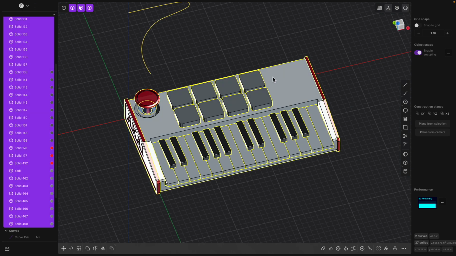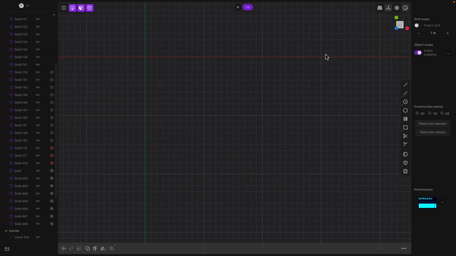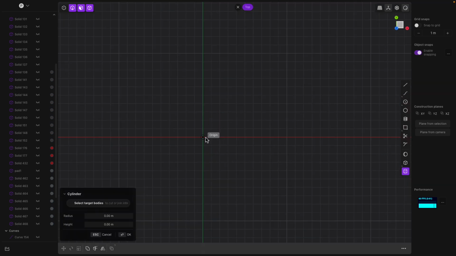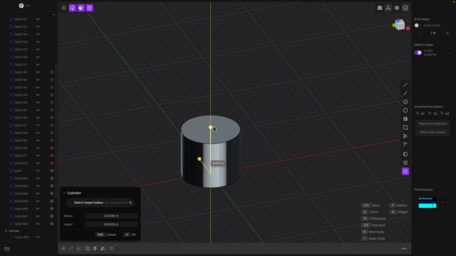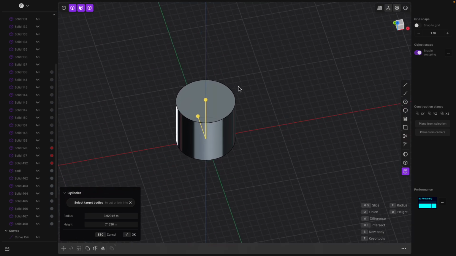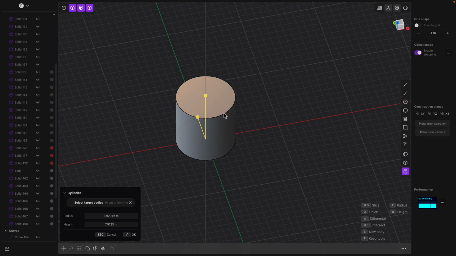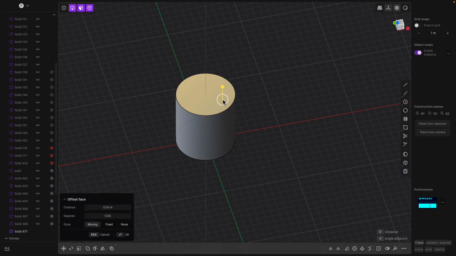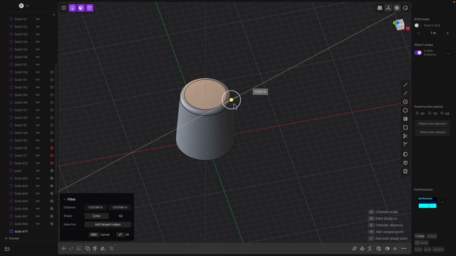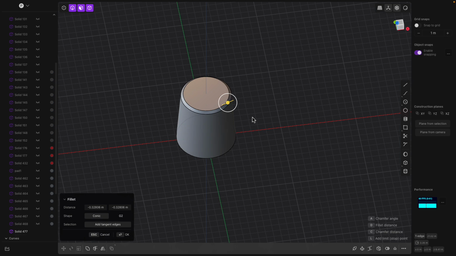Select everything, height, cylinder, select the top part, scale, bevel, I think just a slight bevel there, and